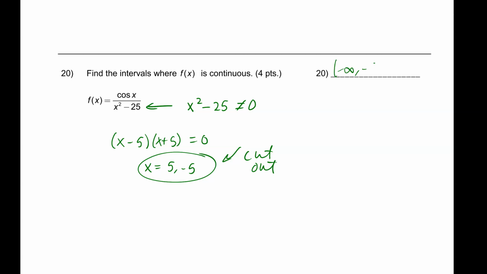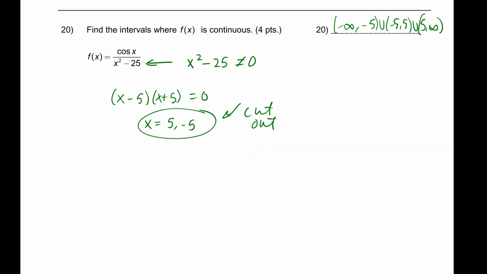So negative infinity, negative 5, union, negative 5 to 5, union, 5 to infinity. And you have to have the unions. That's part of the notation. Okay, and then